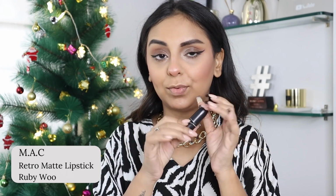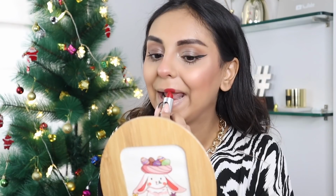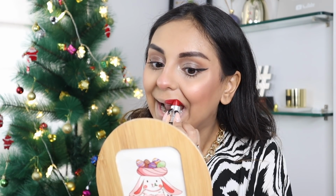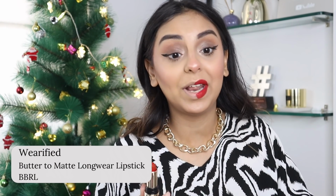And now, let's go in with the lips. I'm going to use MAC's Ruby Woo. You guys know how much I will love this shade all my makeup life. I'm going to go ahead and apply this on the Luxe side. I love the shade, but with my dry lips, I always have a little bit of difficulty applying this, not gonna lie. I look so funny with just a half a face of half a lip of lipstick. For the right side of my face, I have my very own Wearified BBRL Butter to Matte Longwear lipstick in the shade